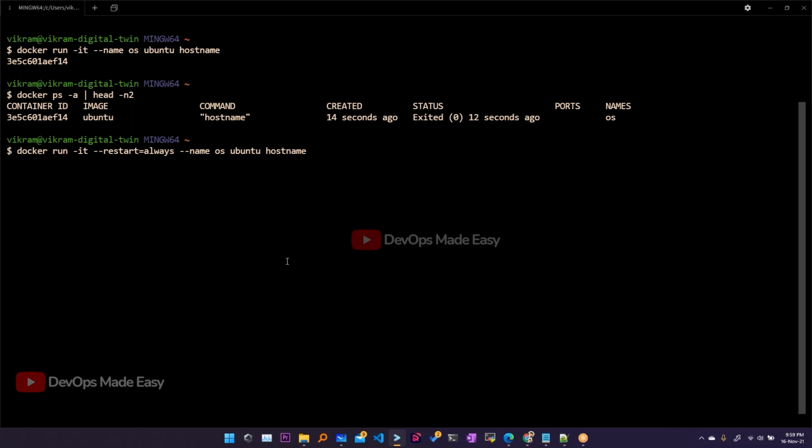So in this case, if the container fails or stops for any reason, the reason could be a faulty process or a process completion, meaning a process completed successfully, and the container went to exit state.